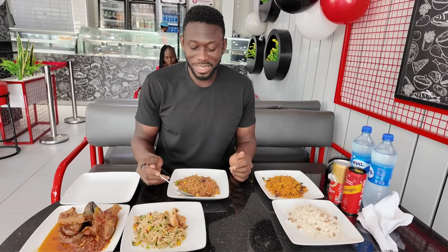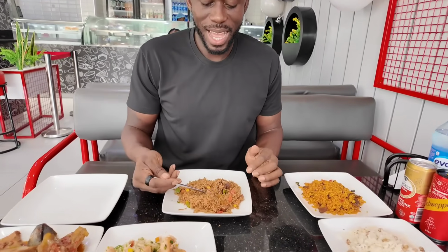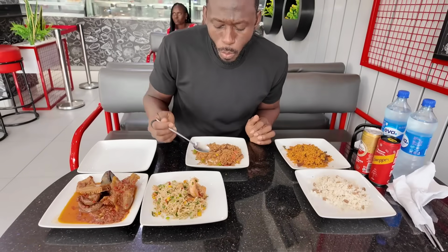I don't usually go for this because I like to order my plantains separately, like my proteins separately. But for some reason, this is not bad. It's actually, I mean, not just not bad, it's fantastic to be able to just get the combination of everything. I need to order more of this. Wow. That one is good. Let me go for some chopped